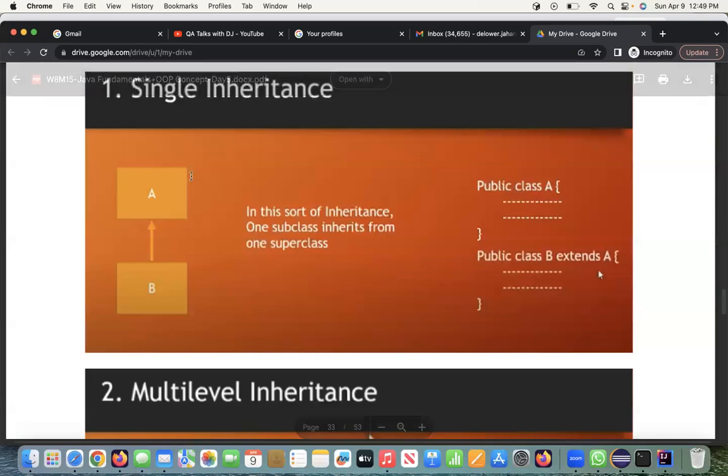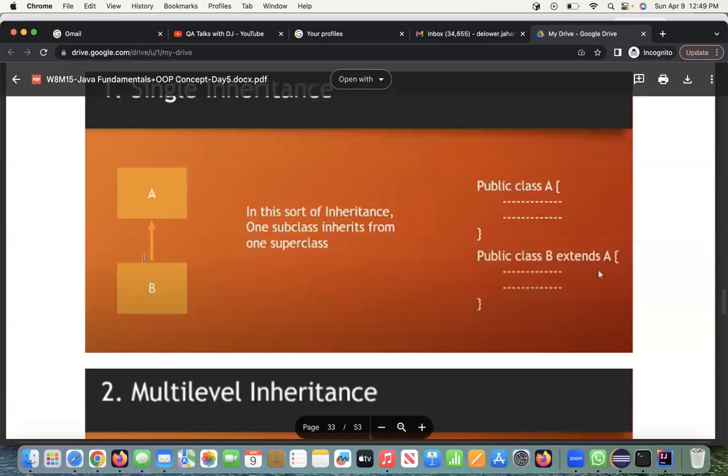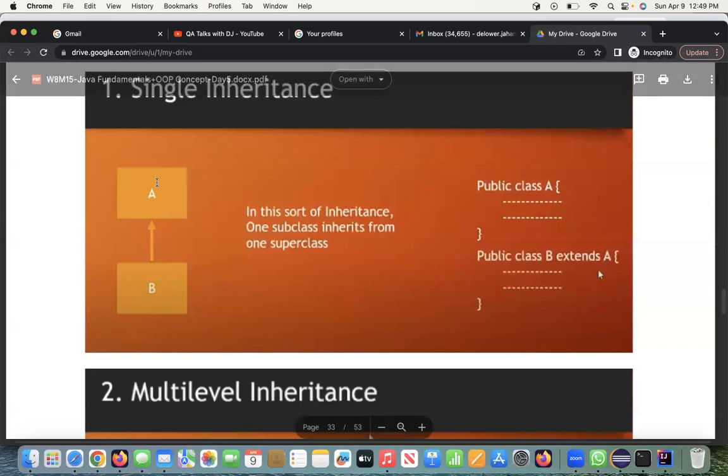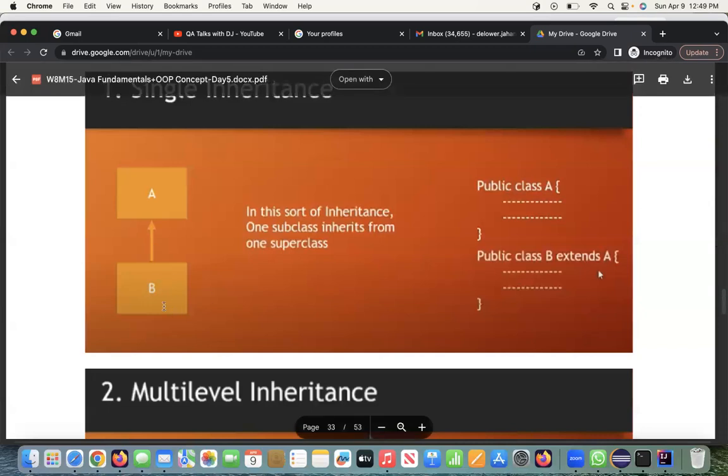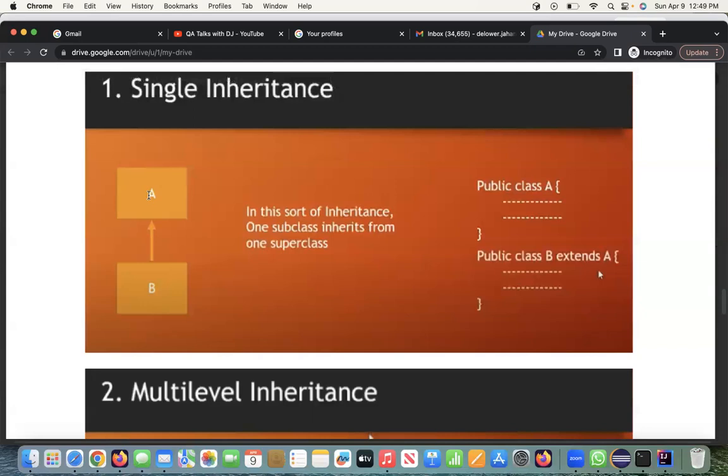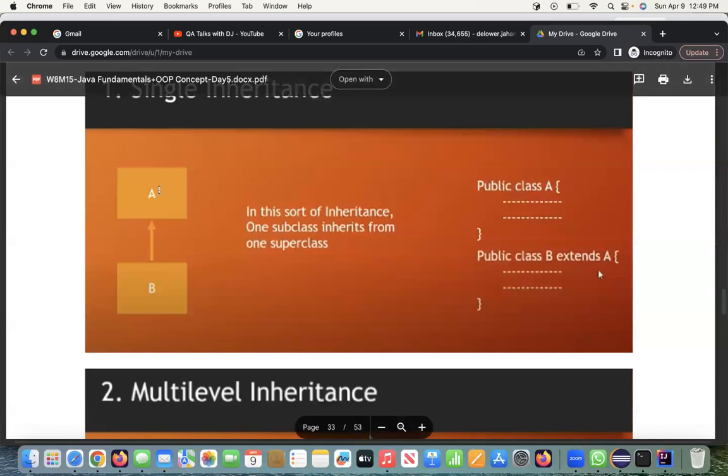So A is basically the parent. Now B is the child. So B is directly linked to A. Now B can get all the properties from A. So for example, A has 1 house, 1 car,